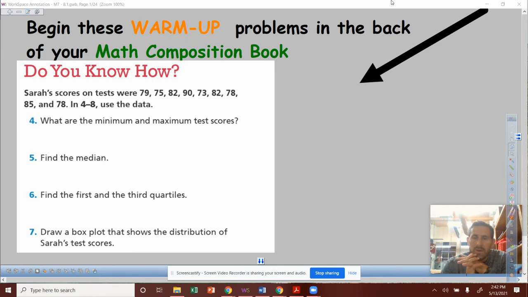All right, here's our warm up, and hopefully this is stuff that you guys kind of remember. But we're talking about mean, median, mode. We're looking at range. This one's a little bit foreign in the sense it's about a box plot,